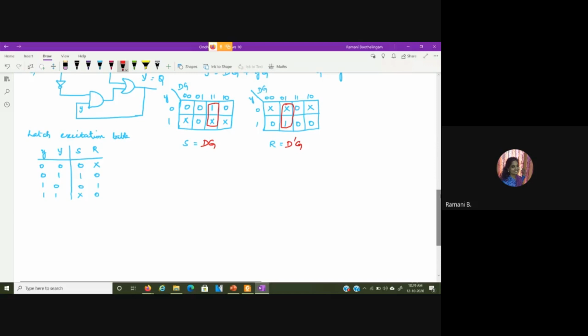So using SR latch with the NOR gates, output is going to be same. So the bottom one is S and the top one is R, right?